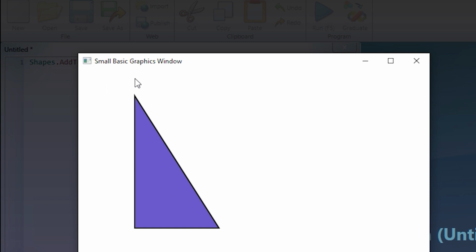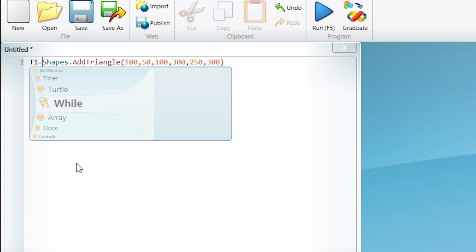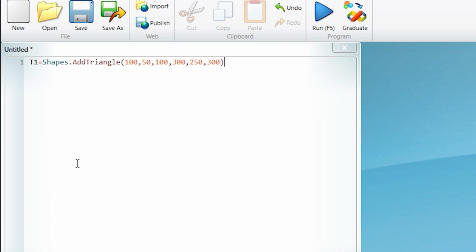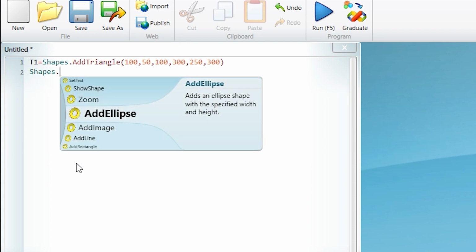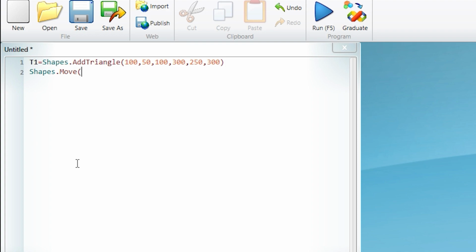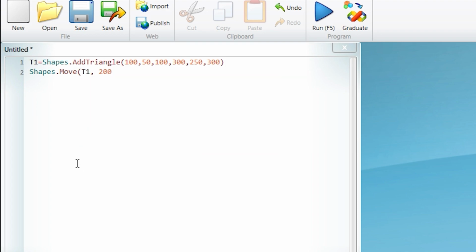it won't always draw the triangle exactly as it's shown on the grid, but at least it will be similar. Also, you can give names to your triangles, for example, T1 or any other name, and you can move them just like any other shape that is drawn with the shapes object. So T1, move it to the right by 200 and down by 300. If I run this,